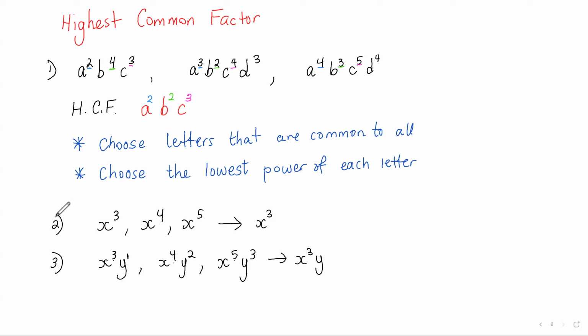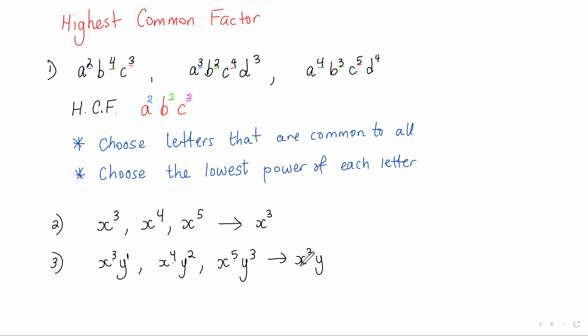Similarly, in question 2, we have x cubed, x to the power of 4, x to the power of 5. So the letter that's common to all of them is x, and the lowest power of all three terms will be 3. And in question 3, x cubed y to the power of 1, x to the power of 4 y to the power of 2, x to the power of 5 y to the power of 3, the letters that are common to all of them would be